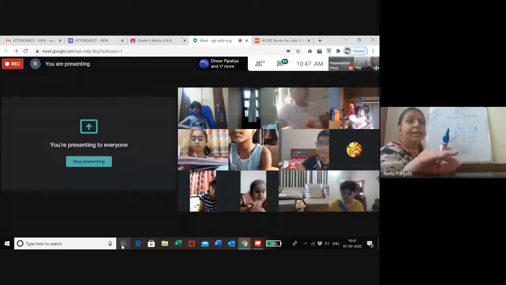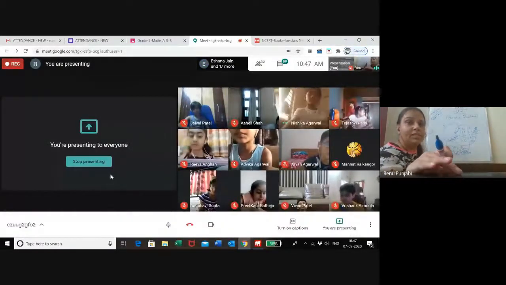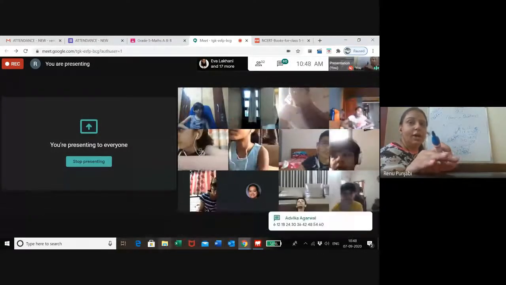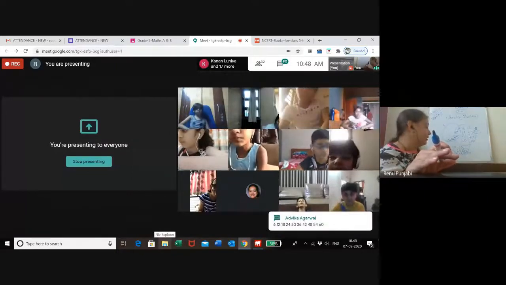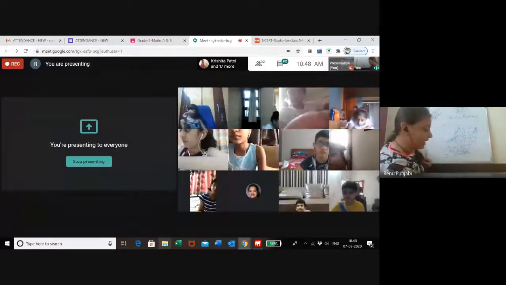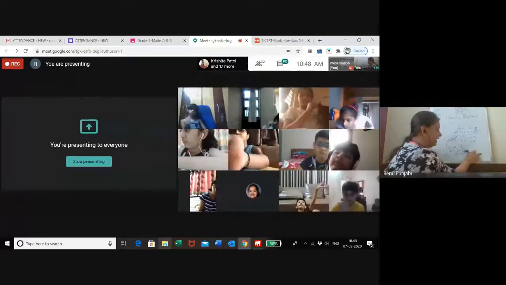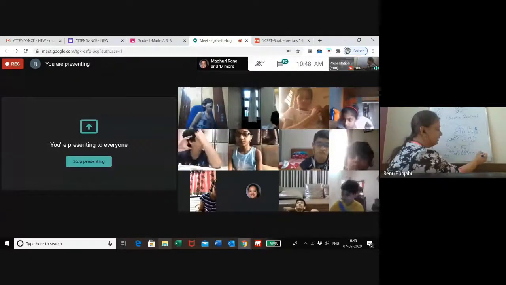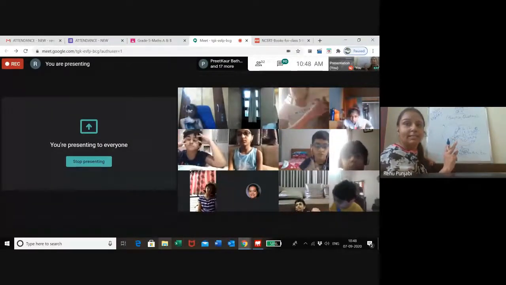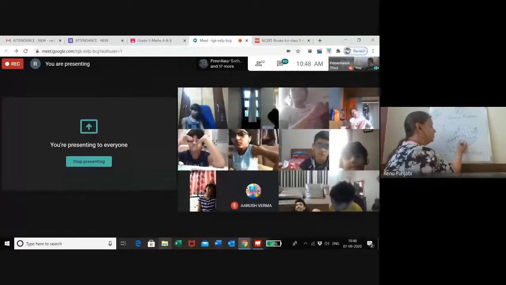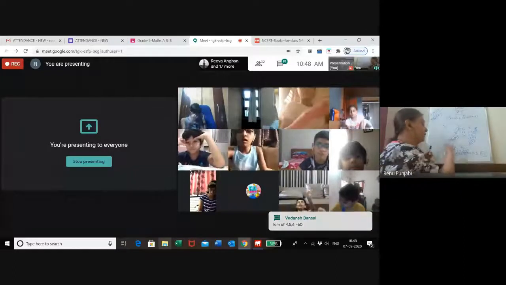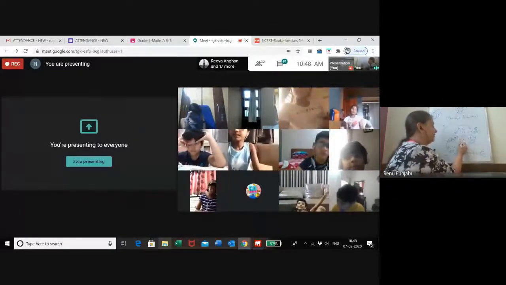Here the limit is not given on how many common multiples you have to write. So you can write 2 or 3, up to your choice, because it's clearly not given how many common multiples you have to write. So at least 2 common multiples you can write. Extend this table of 5. I can find the 2 common multiples at least. Yes, ma'am, 60. So you can write 30 and 60 in the green part, which are the common multiples of 5 and 6.